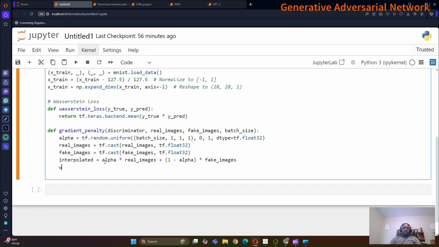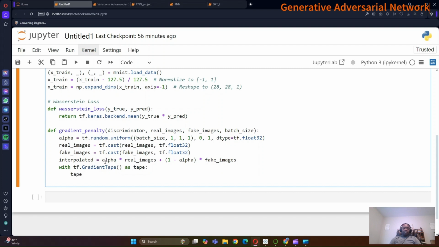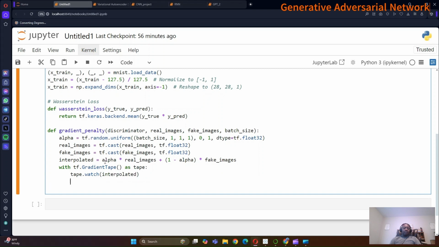So what I'm going to do is to width gradient tape. I want it as a tape. Then we want our